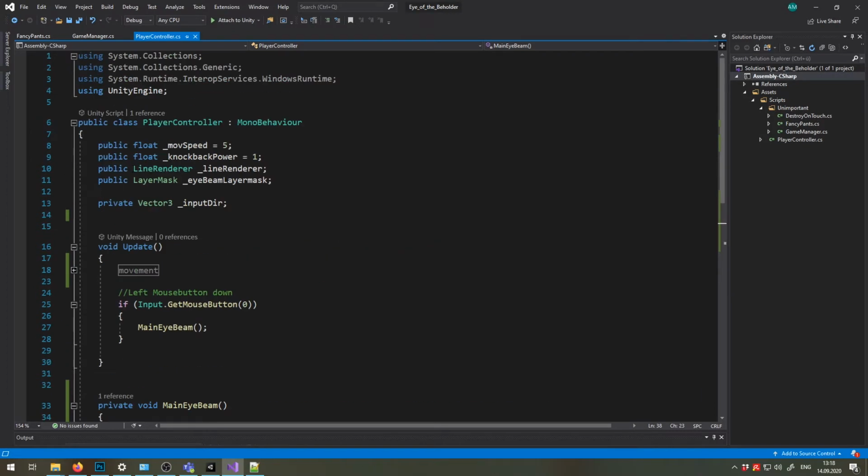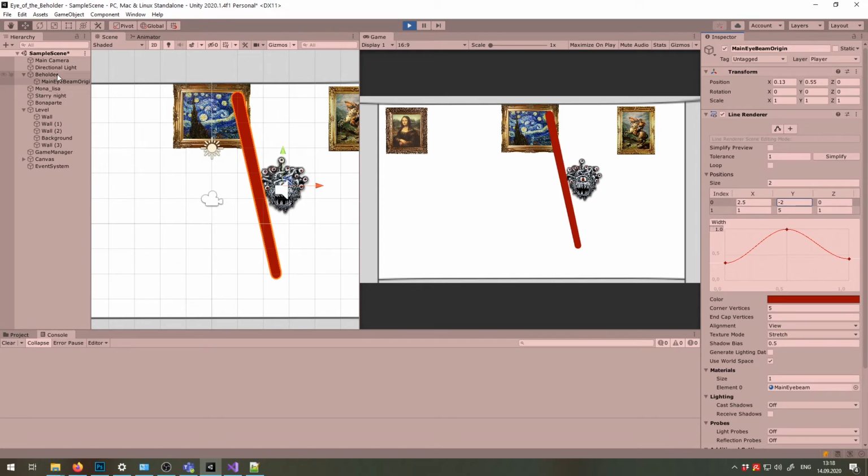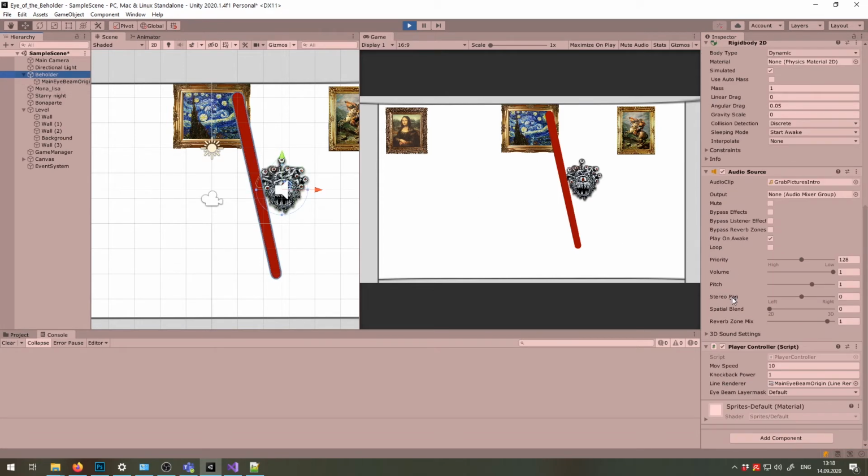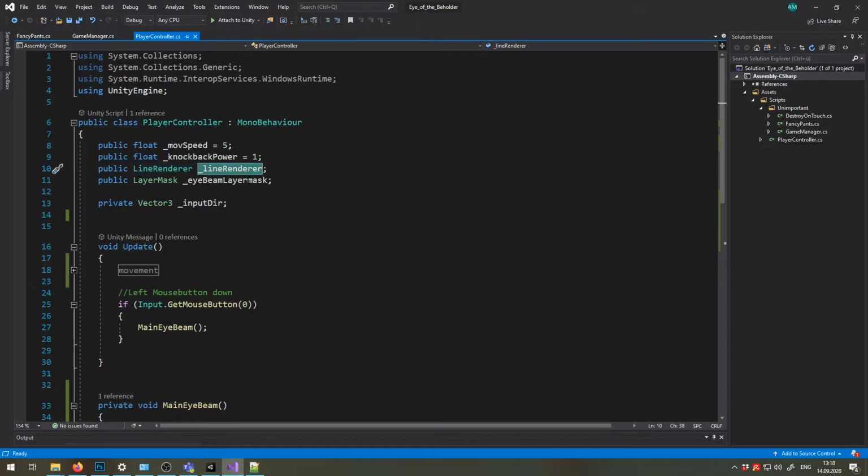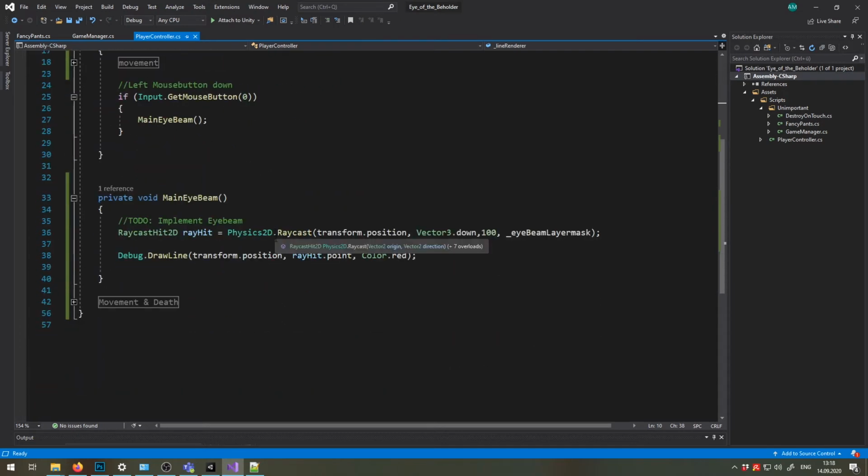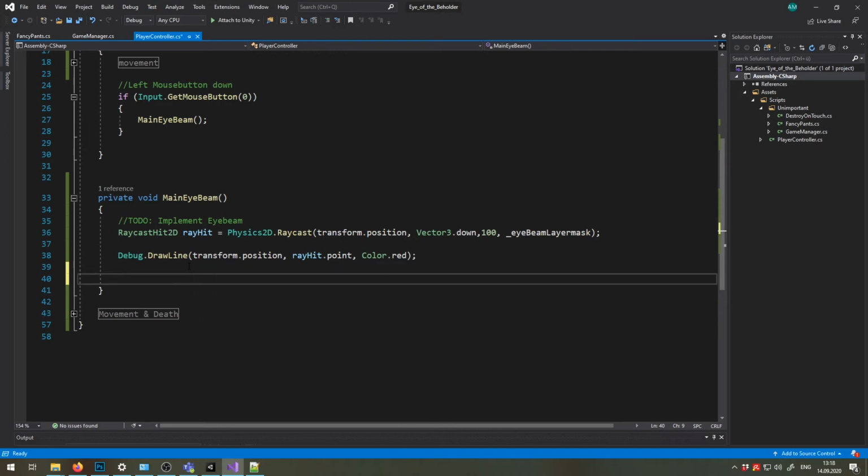I already have a public variable for the LineRenderer, and if it's not already done, one can drag it in here so we have a reference to that. Okay, so we now know this LineRenderer variable is filled. And I'll for now still leave this DrawLine debug message, but I also use the LineRenderer and set the positions,